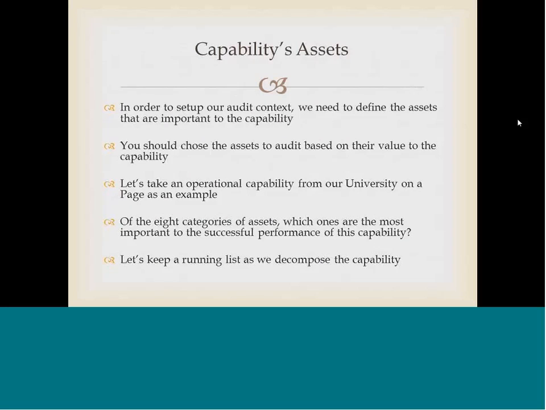Of the 8 categories of assets, I'd like you to think about which ones would be the more important to a capability. So you should choose those assets to audit based on their value to the capability. In other words, we might have 8 categories of assets that are required to support a capability from the perspective of Andreessen's model, but first of all, we might not be able to audit all of those, and they have to select